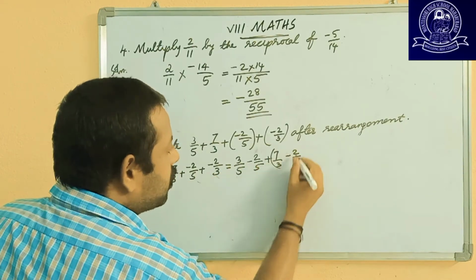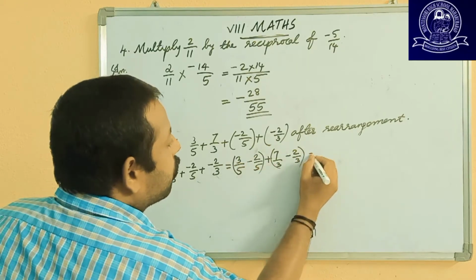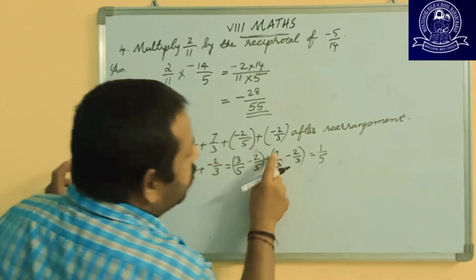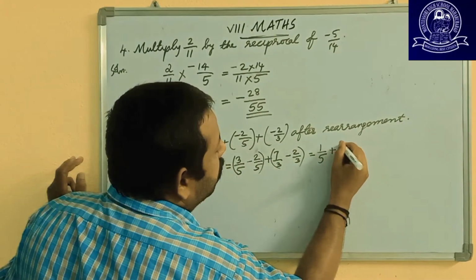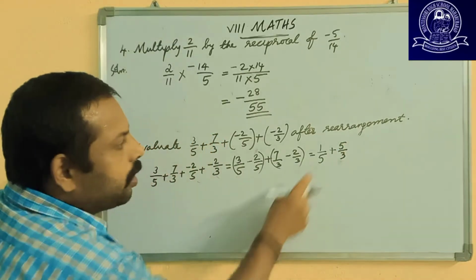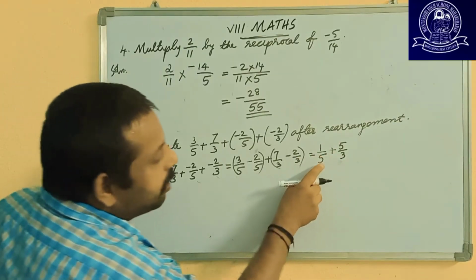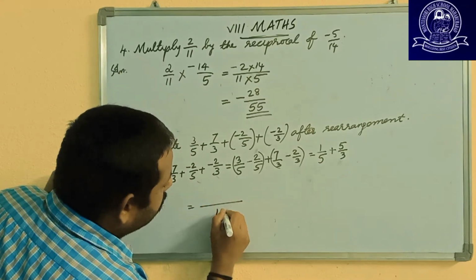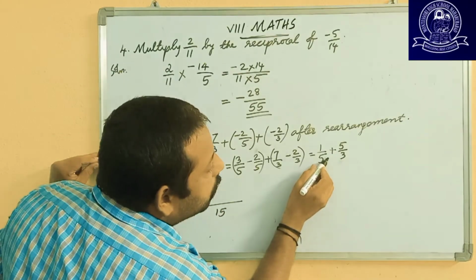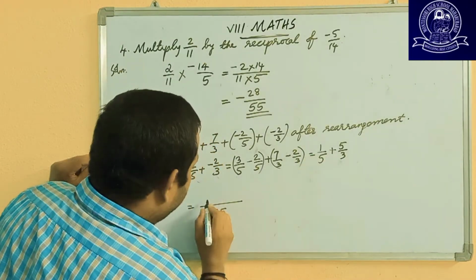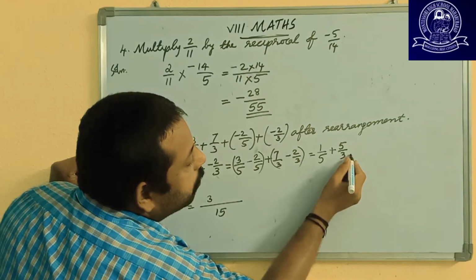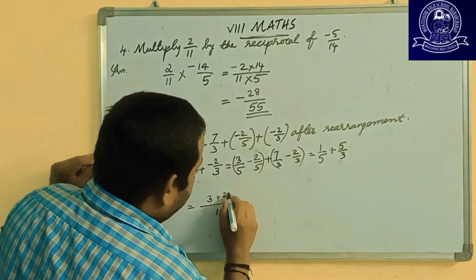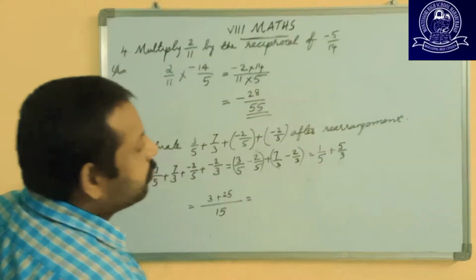Okay. Let's put them in brackets. Equal to 3 minus 2, 1 by 5. 7 minus 2, 5. That means plus 5 by 3. Don't cut this, because it is addition. LCM of 5 and 3 is 15. That means it is equal to, let us give common denominator 15 now. 5 multiplied by 3 is 15. 1 multiplied by 3, 3. 3 multiplied by 5, 15. 5 multiplied by 5, 25. Plus 25. It is equal to